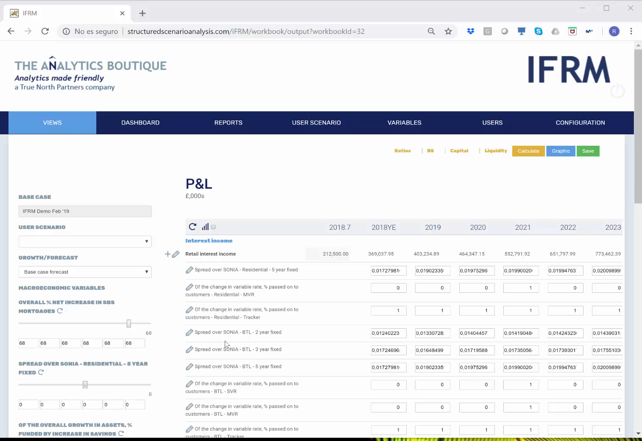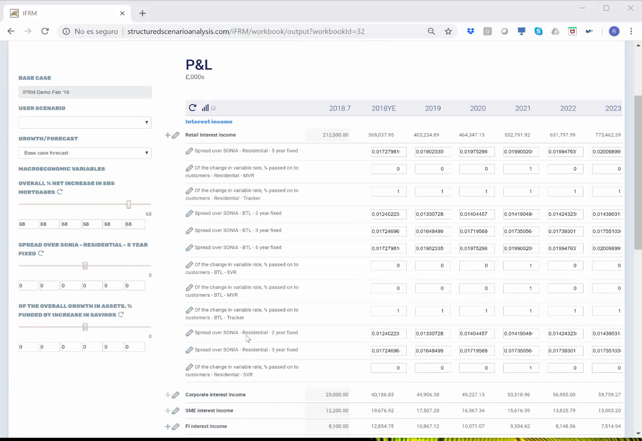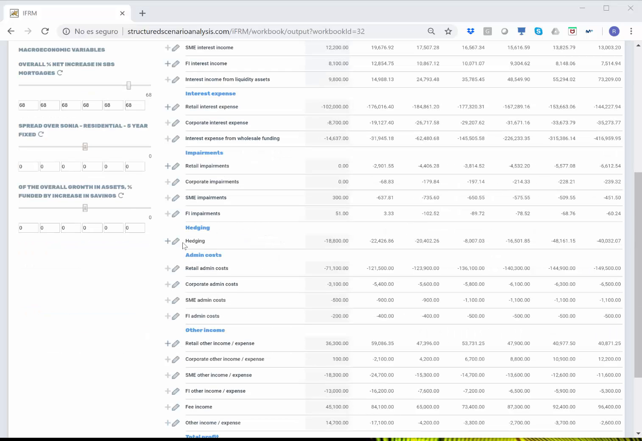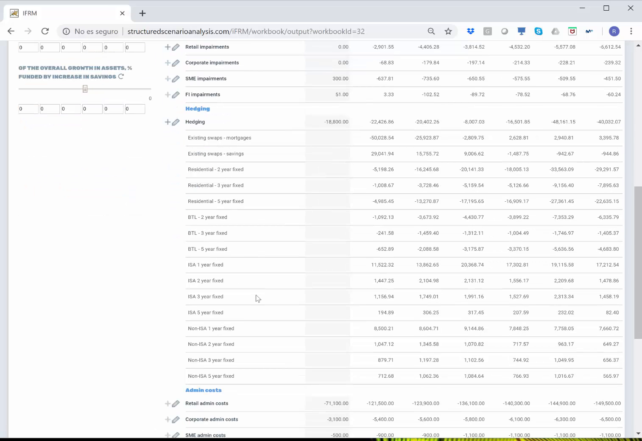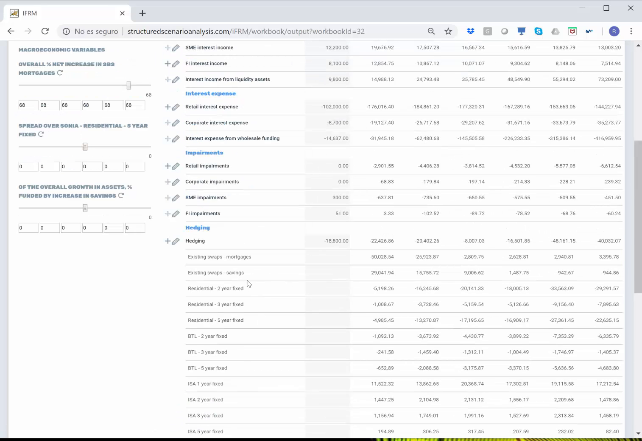Other factors related to competition or to marketing or commercial criteria can be incorporated as well, such as a spread over the different interest rates that will determine the interest income of the institution in the scenarios to be analyzed. In this scenario, it can also be considered the hedging structure with all the different swaps available for hedging the risk